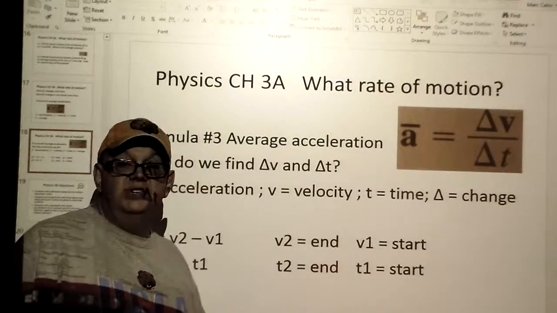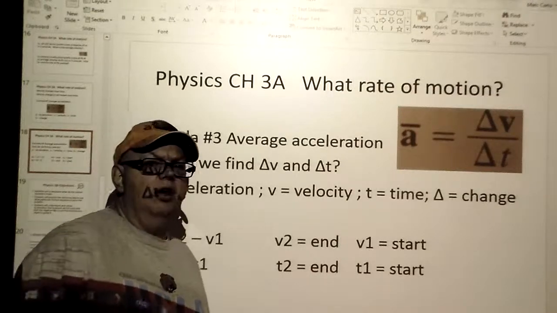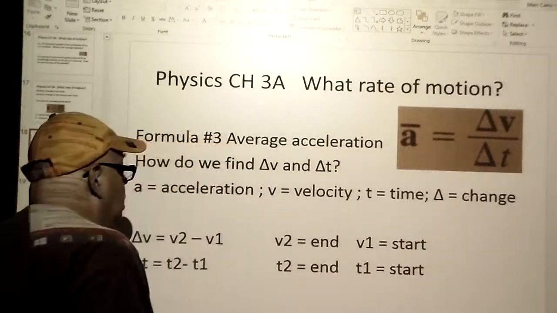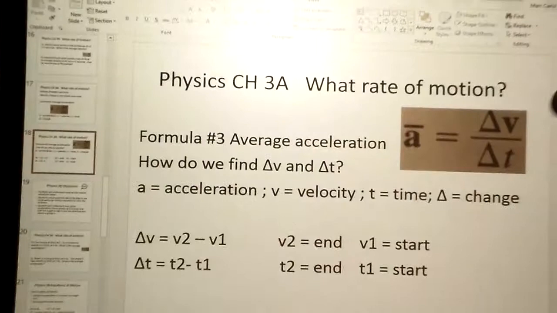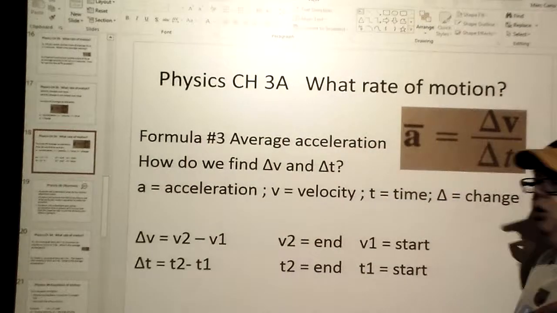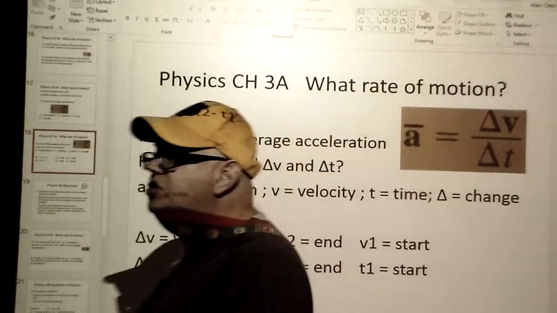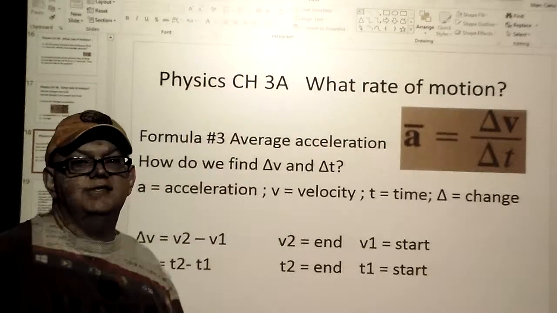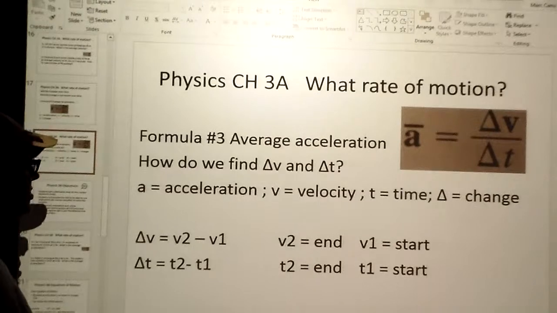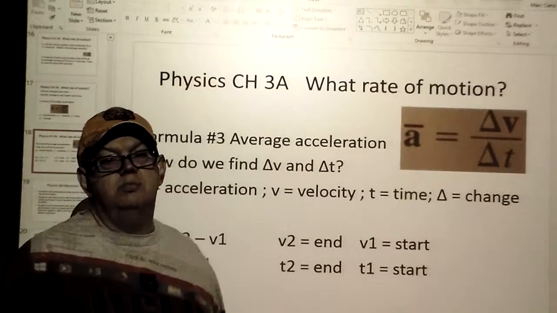Could V1 be 0? Yeah, because your object could take off from a complete stop, right? Could V2 be 0? Yes, because you could come to a stop. Okay? Can T1 be 0? Yes. Can T2 be 0? No. It was an awesomely successful movie back in the early 1990s. You can't have T2 be 0, guys.